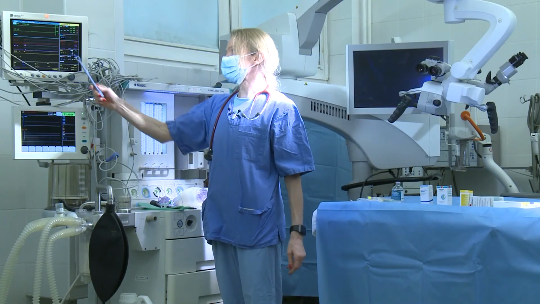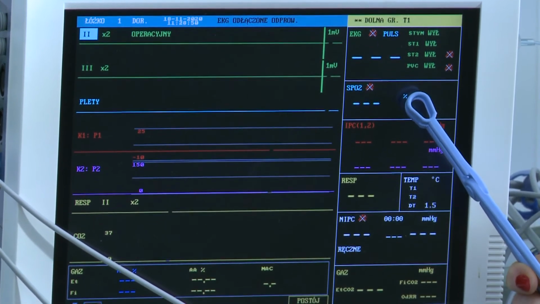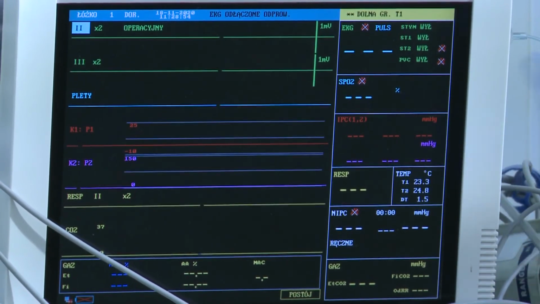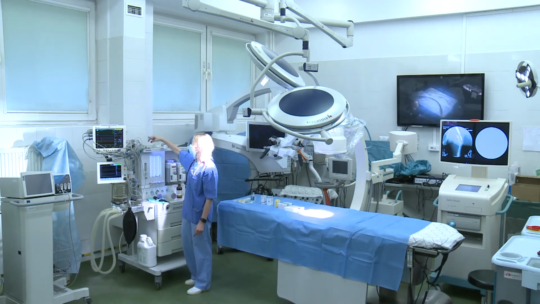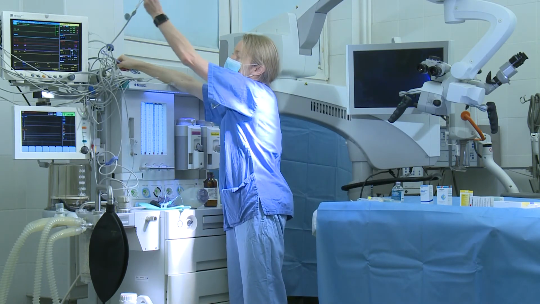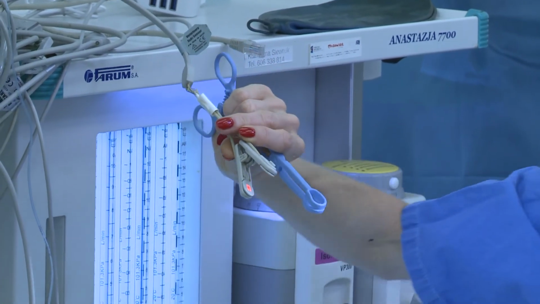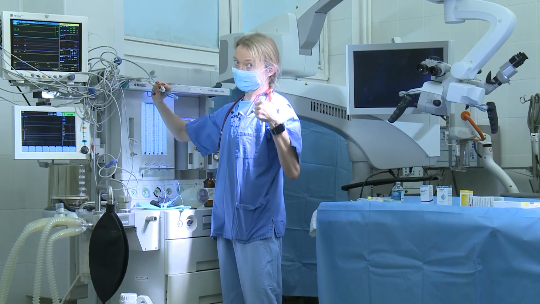Also, it gives a lot of info about a currently very famous parameter, which we call pulse oximetry. It means how much oxygen is inside the blood of our patient. That is why we use special probes for each species of animals. But the rule of thumb,